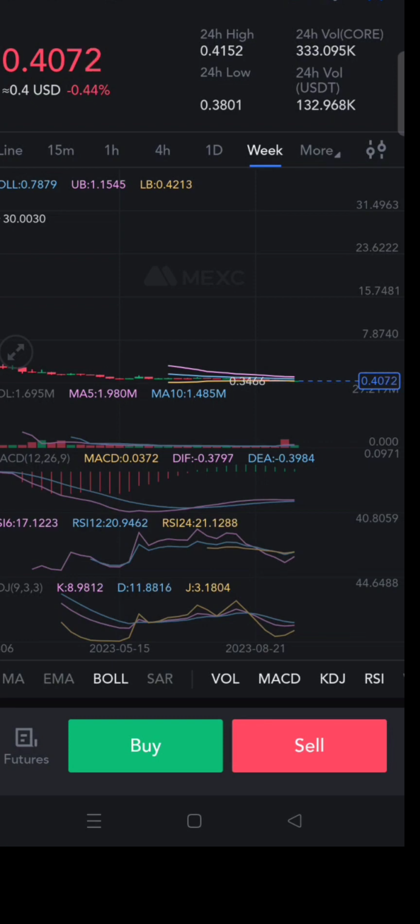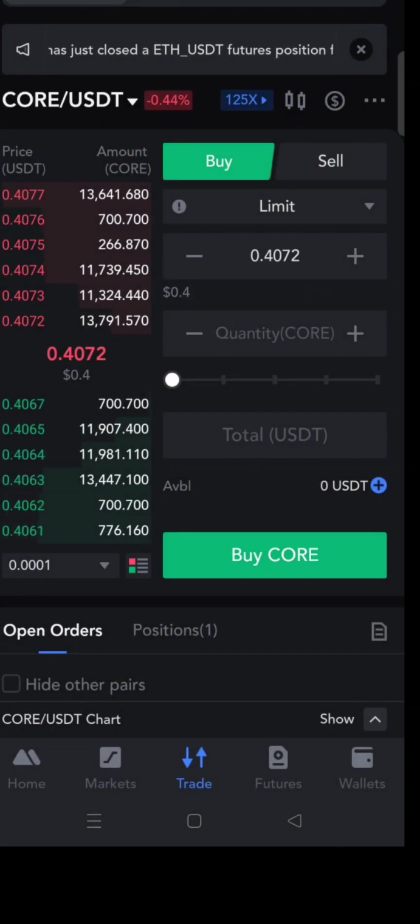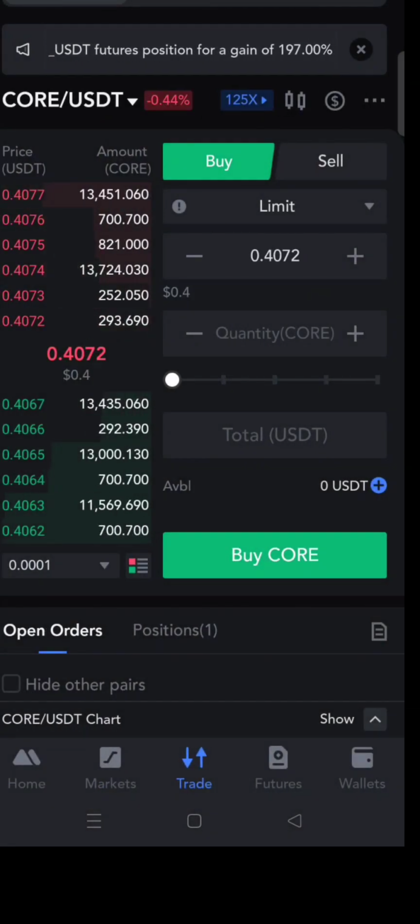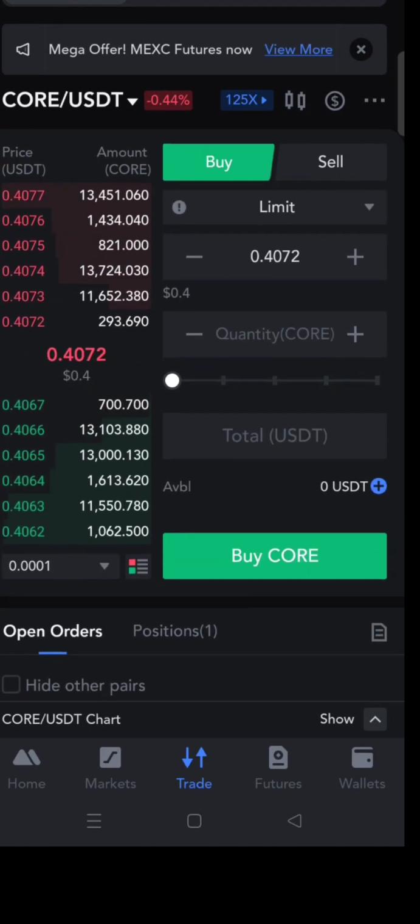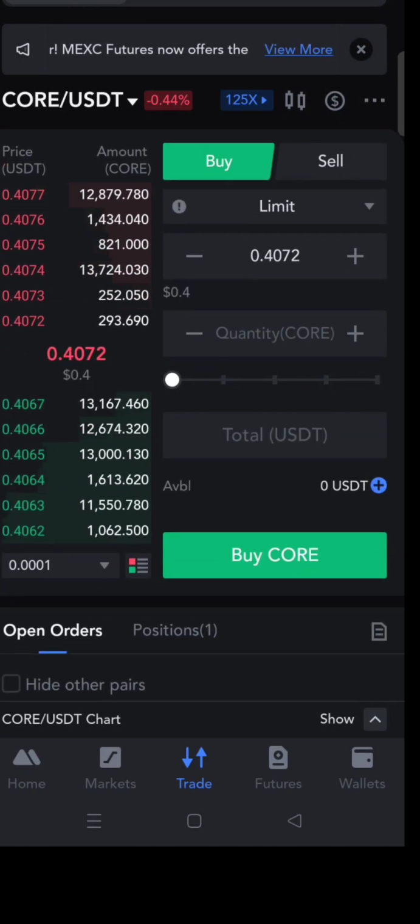So if you already have USDT, just click buy. If you want your order to have fast execution, just click the first price in the red market, I mean this red one above, the first price, just like this one, 4072.